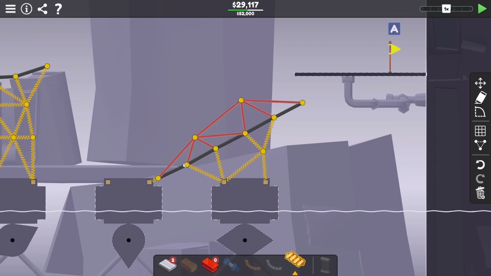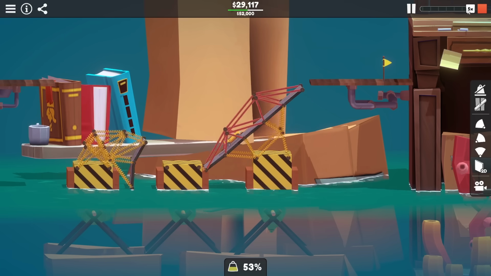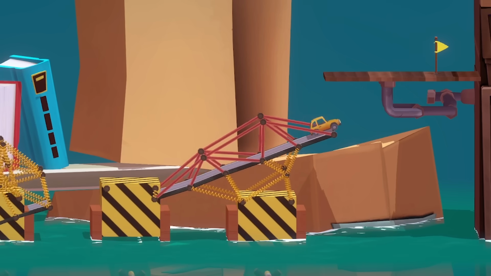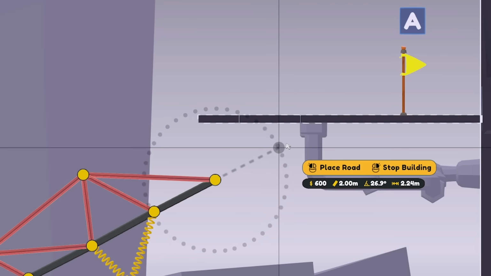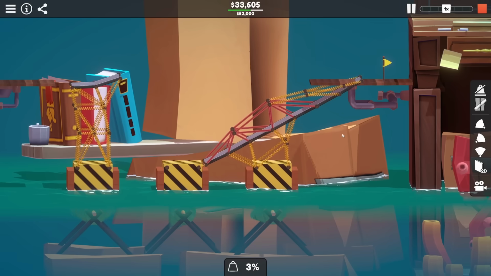Okay, so I've done a few tweaks. I've made this a lot flatter. If we just watch this sped up, you can see the car does eventually make it to the top. Yes. Now, we got 2 bits of road remaining, so I guess all we do is just extend these out like that. Then hopefully if we just add that...